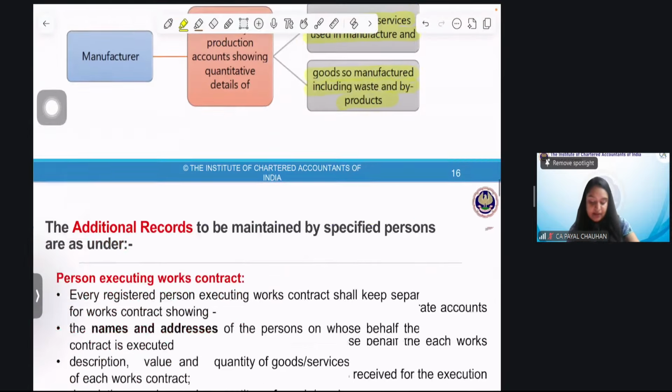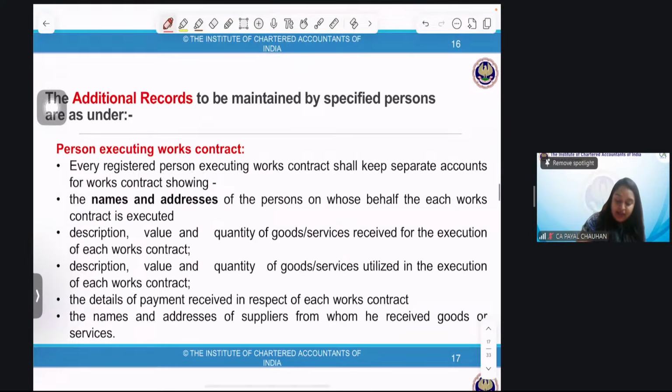Perfect. So now we are doing person executing work contract. What do we mean by work contract? Can anybody tell me? What do we mean by construction? Work contract is on immovable property. Yes, perfect. Now, every registered person executing work contract shall keep a separate account of work contract showing: